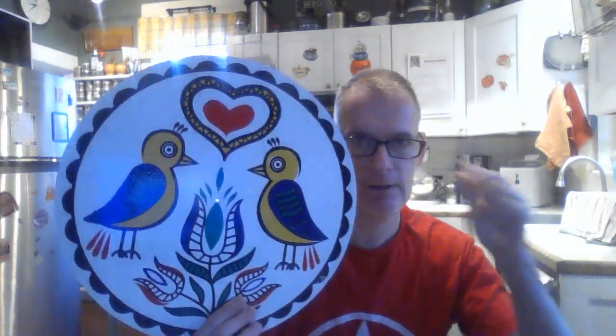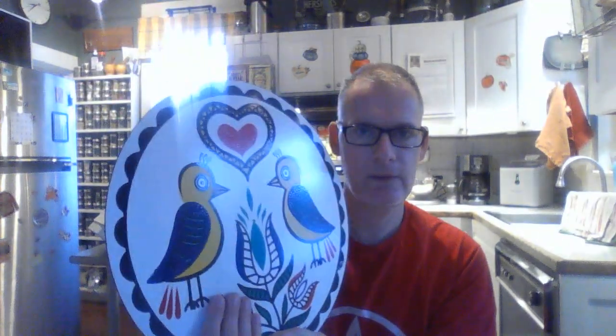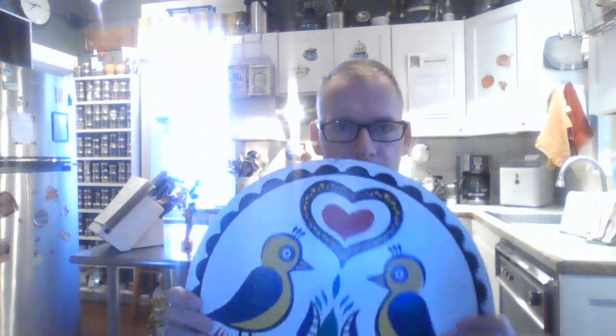But this is a nice one. I also have one just like this on the outside of my garage. It just so happened that I don't know if somebody got me a second one or not. But these larger ones are nice. They're still less than 20 bucks. I think something like this is usually between $12 and $18. So not bad. These are very affordable and very nice, and they make really good gifts for